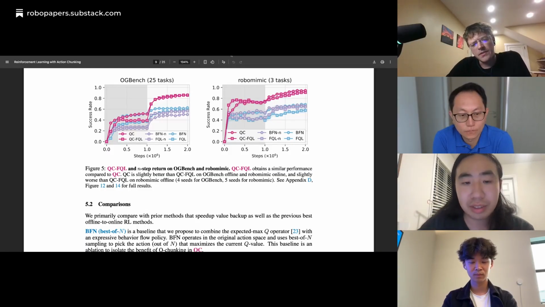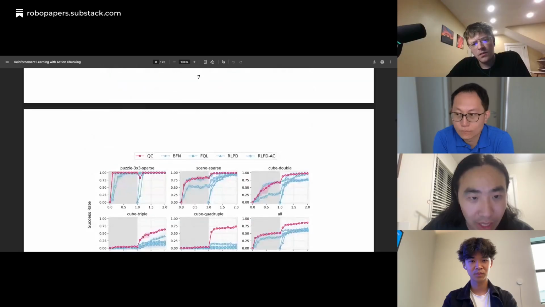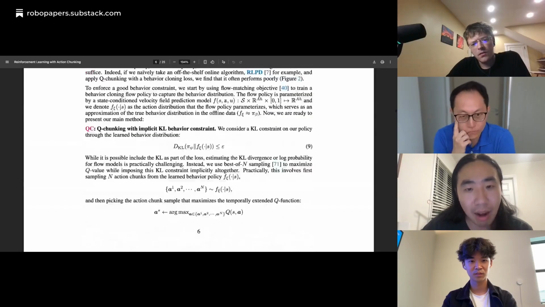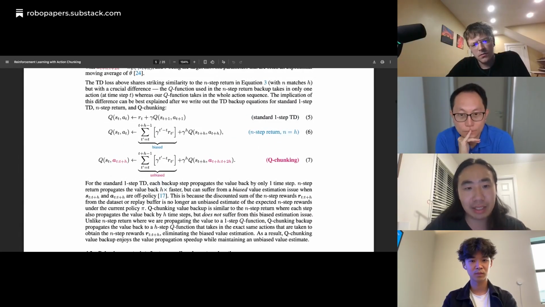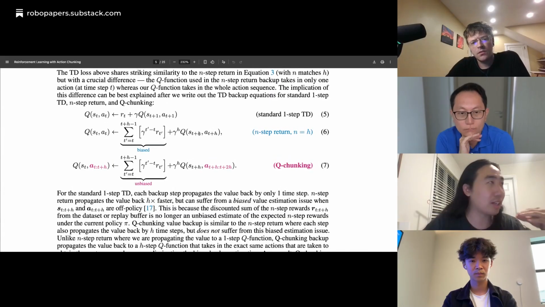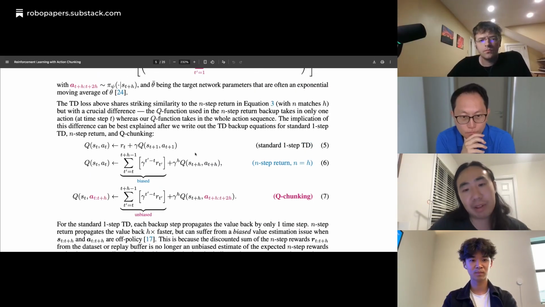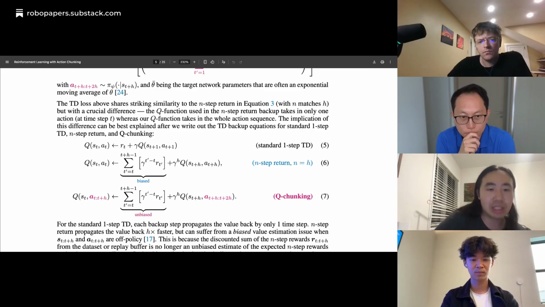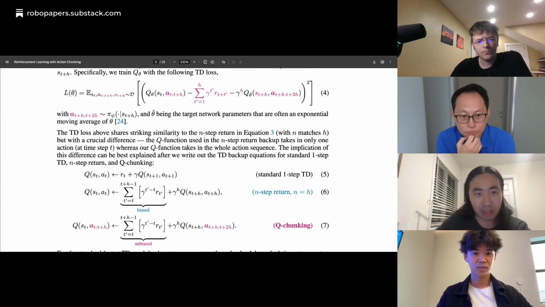Why would it be worse than the baseline, though? That doesn't quite make sense to me. Yeah, so this is a very good question, and it has to do with how sometimes the n-step return can be a little bit biased. It's not the most principled way of doing value backup. So we hypothesize that this not-so-principled way of doing backup leads to the performance degrade. I could expand on this a little bit more.